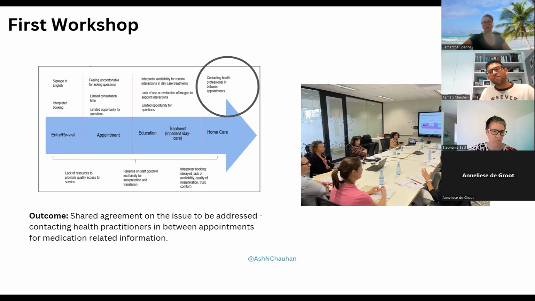After a 2-hour session and then emails over the next few days, the members of the co-design team selected this particular issue, contacting health service professionals in between appointments, as an issue to be addressed or to develop a solution for. Both the health consumers who were part of the co-design team had experienced a safety event where they were not able to contact the right person at the right time.